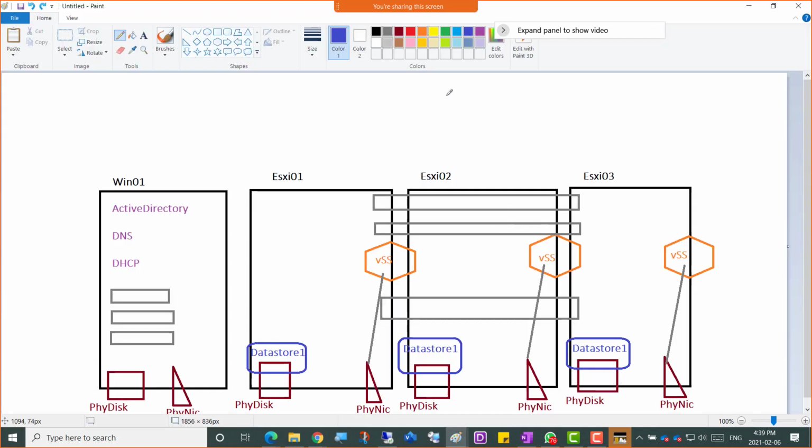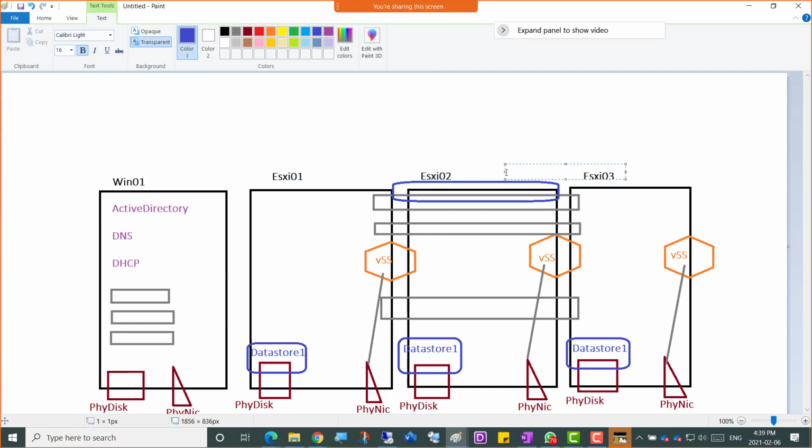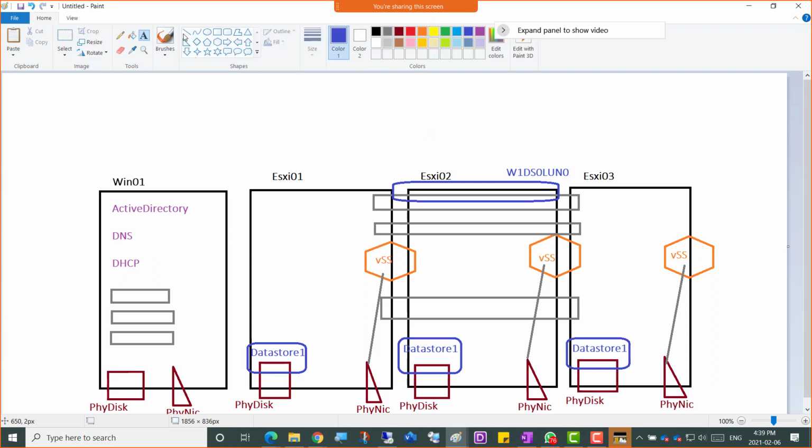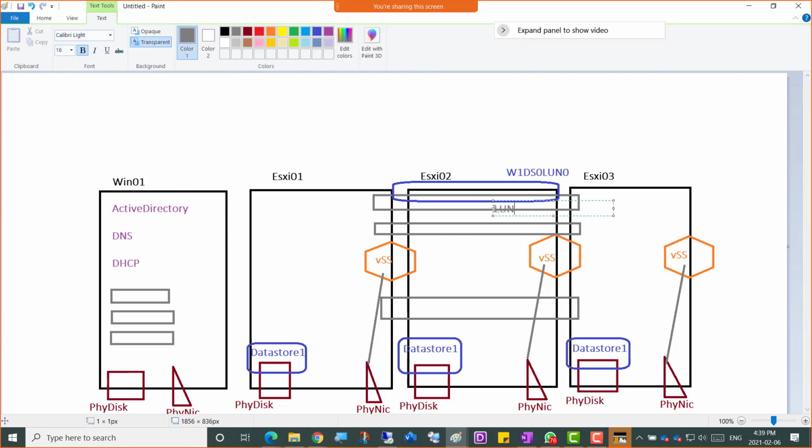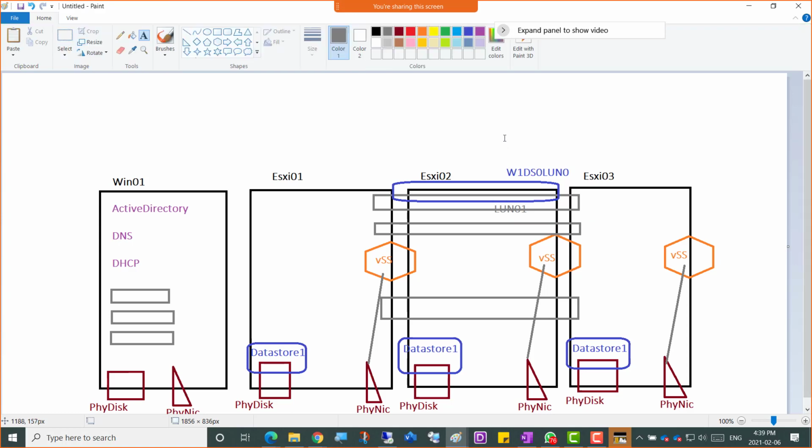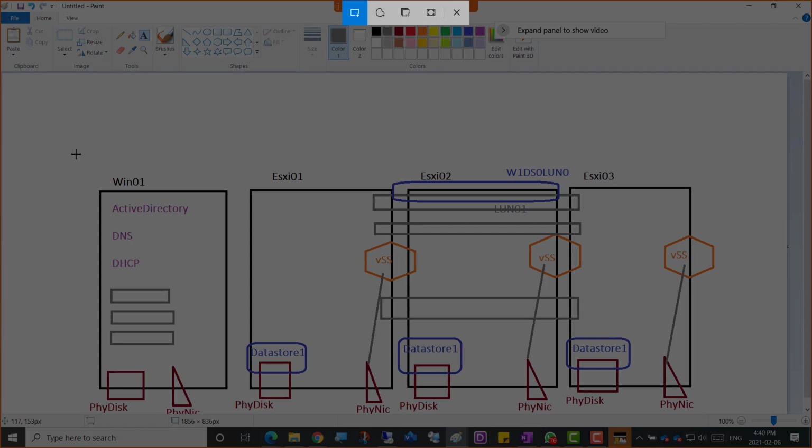Okay, so we just created the data store on top of that. Let's go ahead. What's the plan then? The plan is, so this is the W1DS0 LUN 0, right? And this, we'll just keep that naming in front so we would always remember what is what. 101, and in fact this is